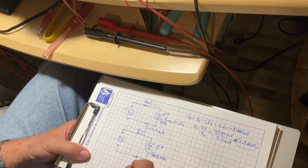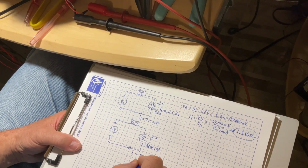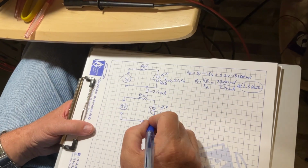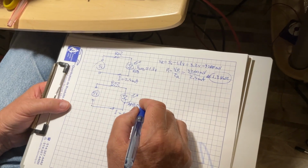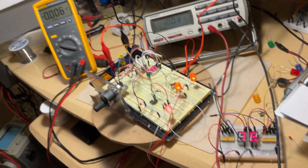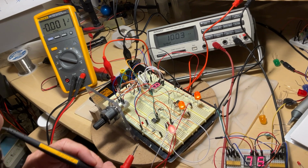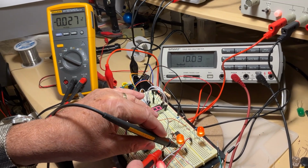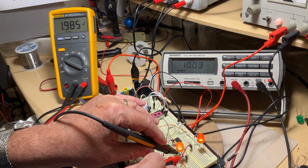You know the current here is now 10 milliamps. So you want to know, if you are having only one diode connected in a 5 volt supply, what would be the size of the resistor? We're going to need to take the same measurement. What is the voltage across one of these two LEDs? So we take the measurement. 1.98 is practically 2